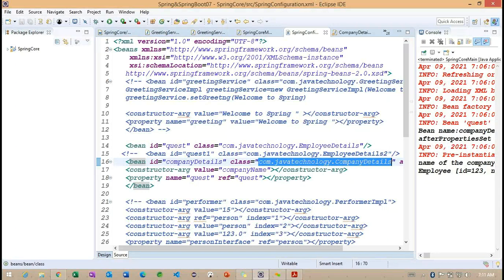Because of this, we can go for a new object for every request, that is, for every bean. If you want to work with scope, prototype is better here. After executing the particular class, the object will not be available. So this is the way we can work with the prototype scope.